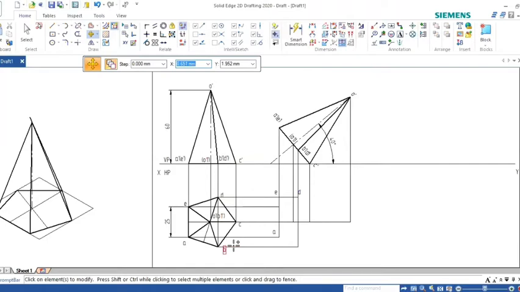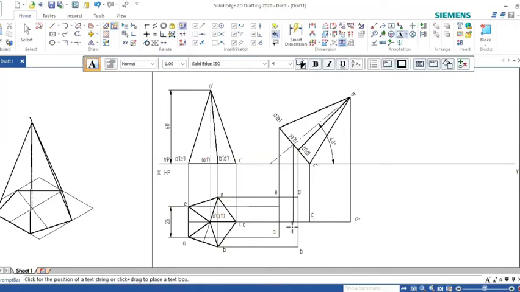Move B here, and select C. C comes here, and select O. O comes here. It will not be O dash, it will be O. Then here type O1.